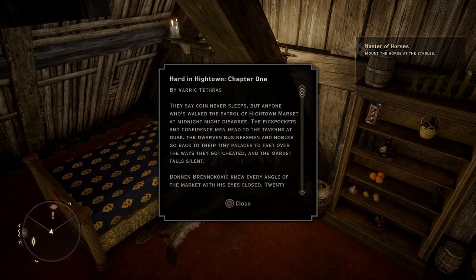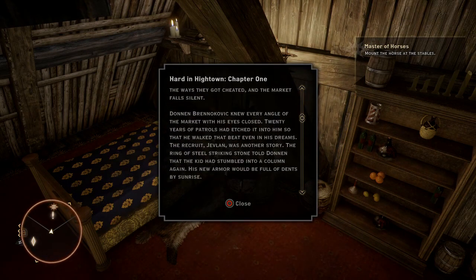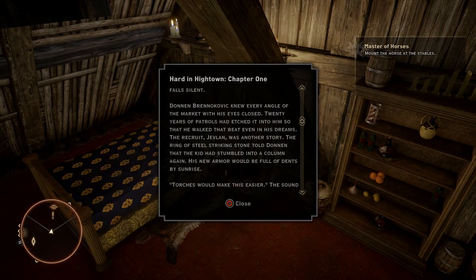They say coin never sleeps, but anyone who's walked the patrol of Hightown Market at midnight might disagree. The pickpockets and confidence men head to the taverns at dusk. The dwarven businessmen and nobles go back to their tiny palaces to fret over the way they got cheated, and the market falls silent. Donan Brenokovic knew every angle of the market with his eyes closed. 20 years of patrols had etched into him so that he walked that beat...